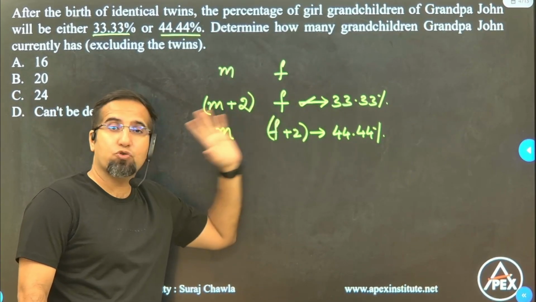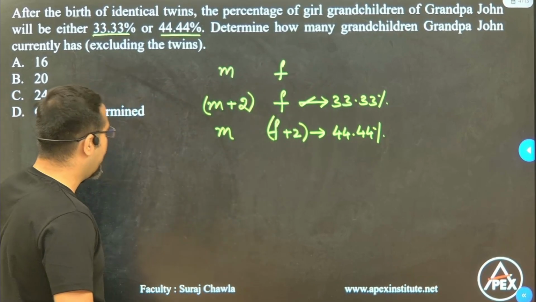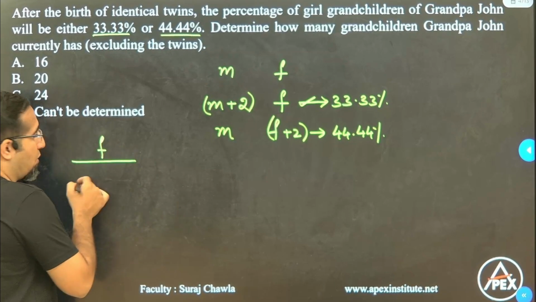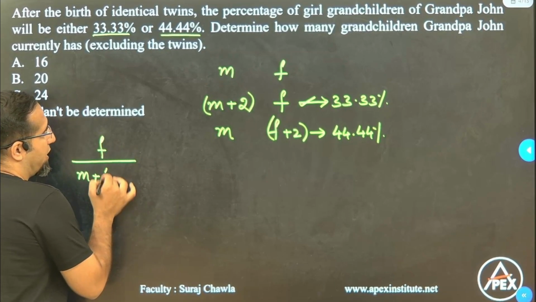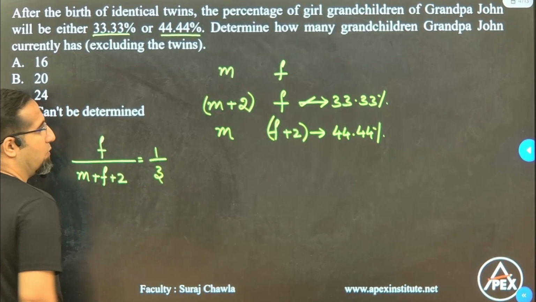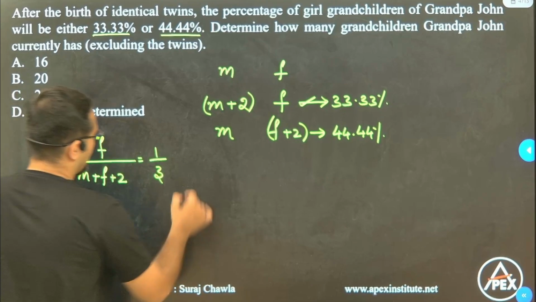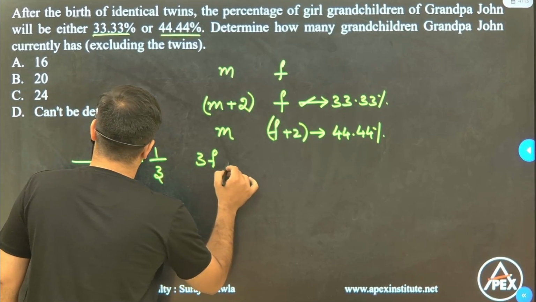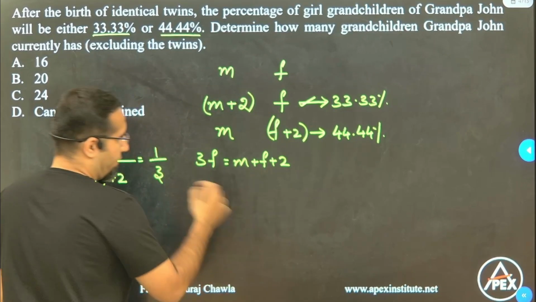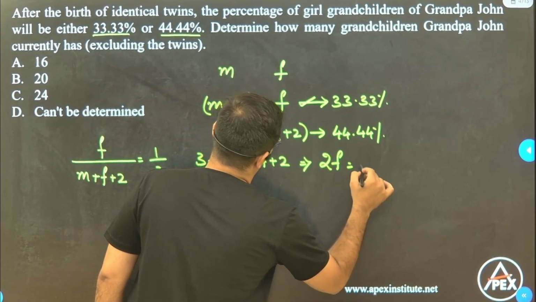तो हमको इन दोनों को इक्वेट करना है। अगर हम फ्रैक्शन से खेलते हैं देन वी नीड टू अंडरस्टैंड नंबर ऑफ फीमेल चिल्ड्रन डिवाइडेड बाय टोटल नंबर ऑफ चिल्ड्रन। टोटल नंबर ऑफ चिल्ड्रन क्या हो जाएगा? m+f+2। ये फ्रैक्शन जो है ये 1/3 हो जाएगा। तो अगर मैं इसको क्रॉस मल्टीप्लाई करता हूं तो यहां पे हमको मिलेगा 3f इज इक्वल टू m+f+2, और वी हैव फ्रॉम हियर वी गेट 2f इज इक्वल टू m+2।